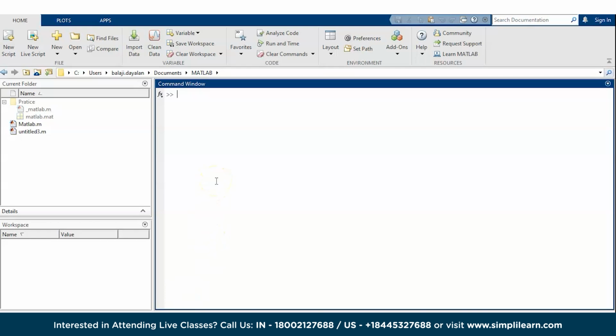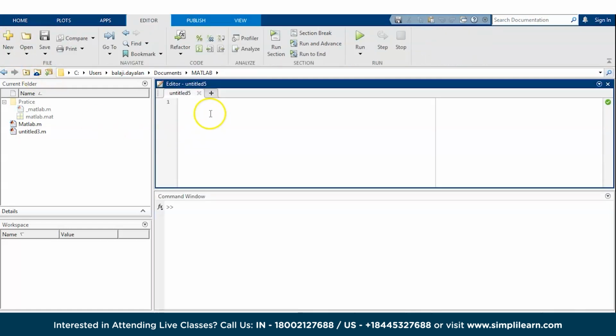Now, to create a script in MATLAB, first we have to go to the new script, which is in the Home tab. In the file section, we have a button called New Script. Click on New Script. Now you can see